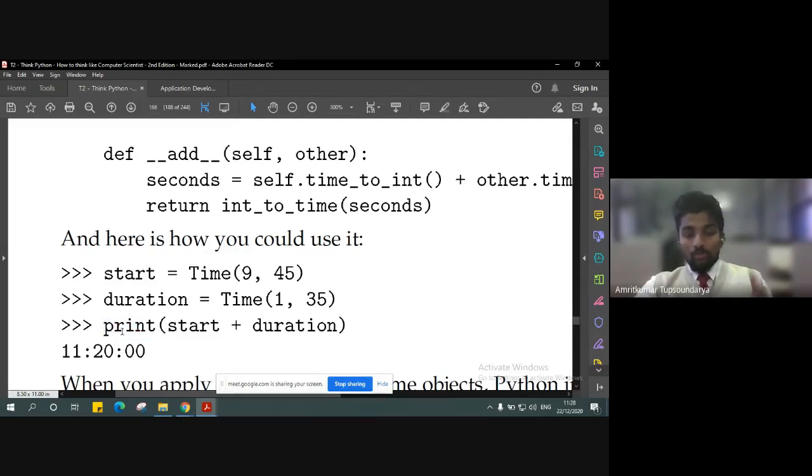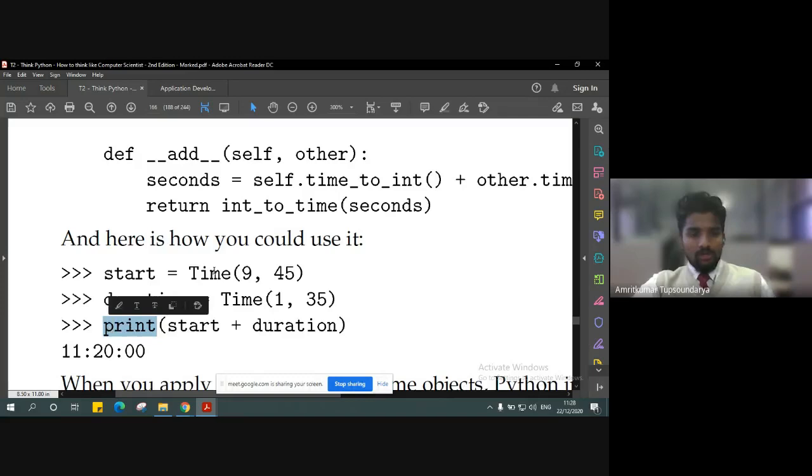Now there's one more thing here: the print statement is again not going to simply print it. It is going to call the str method, that is the string method, in order to convert this output, which is an integer, because we are converting this time to an integer. Whatever value we have here is an integer value, but we don't want an integer value, we want a string value. So this integer value is indirectly converted into a string when we try to print it.